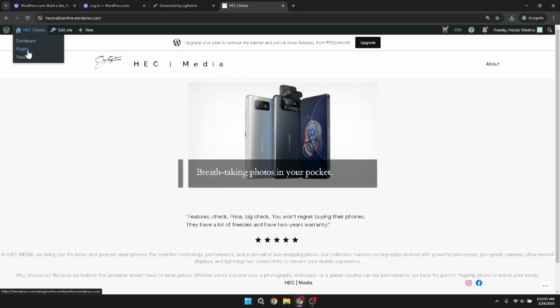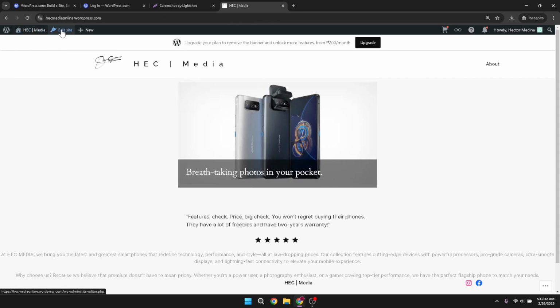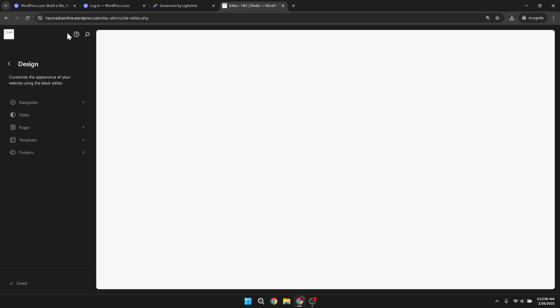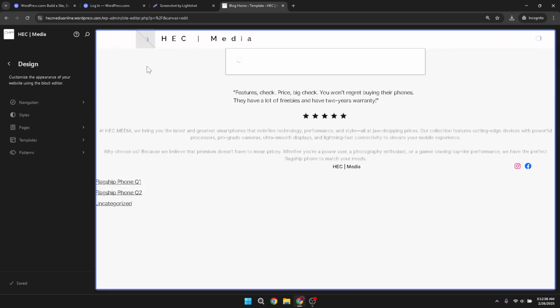Next, on the top ribbon, there's an option called Edit Site. Click it. Now, you're in the editing mode of your site. Keep an eye out for a button marked Add at the top left. Click on Add and a search box will appear. There should be an option here to type in whatever you're looking to add.